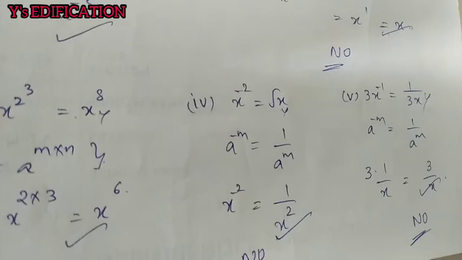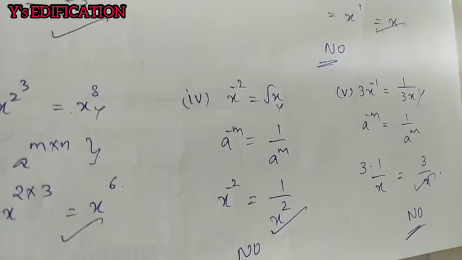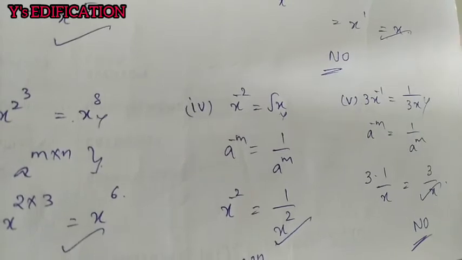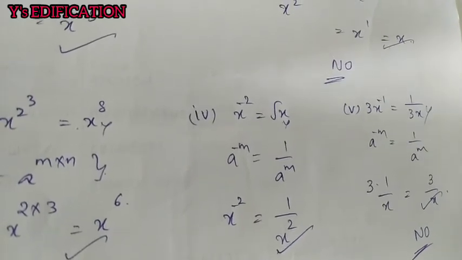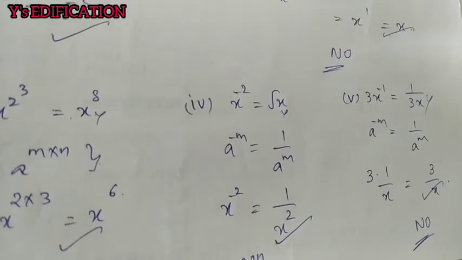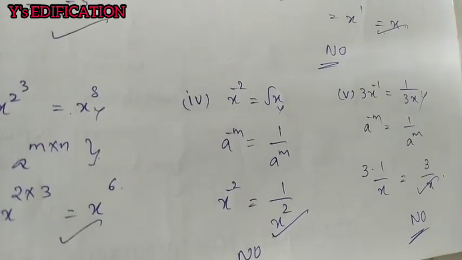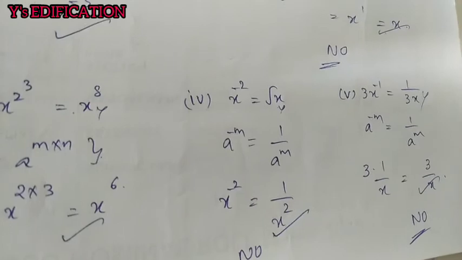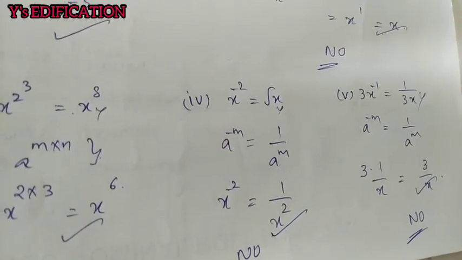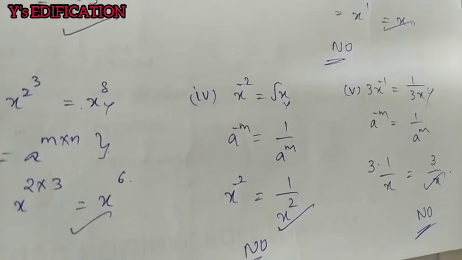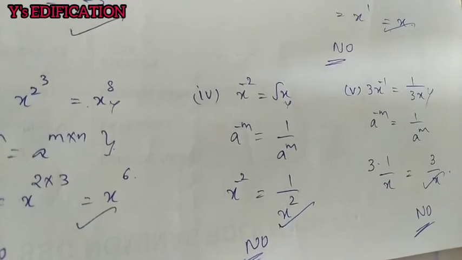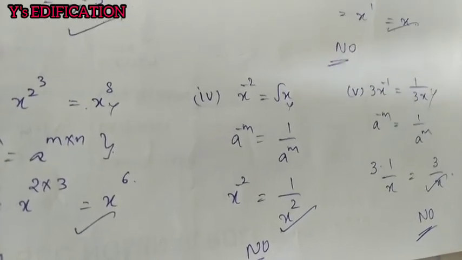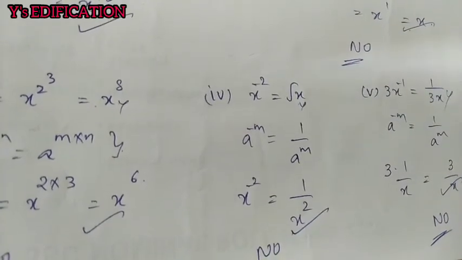So in this way we have solved the exponents and powers, and we have seen the application oriented problems on this, and also comparison of very large and very small numbers, and we also did some application of exponents to the numbers in the standard form as well as in the usual form. Okay, so we have completed exponents and powers topic. So we will take another topic in the next class.